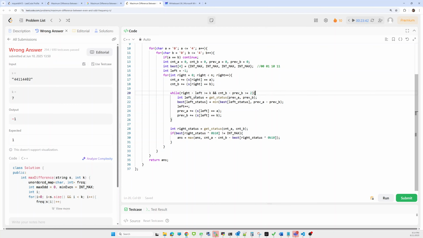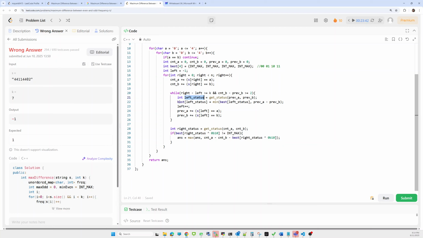Now we first calculate the left status, based on the previous count of A and the previous count of B. It will give me the status 00, 01, and so on, meaning whether both A and B are even, both are odd, whatever their state. Based on that, it will give me some index.